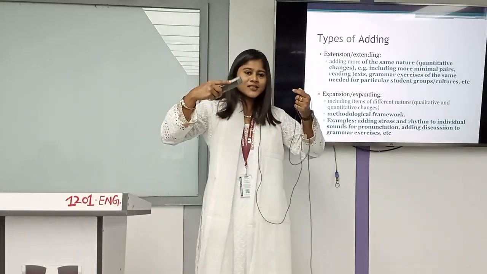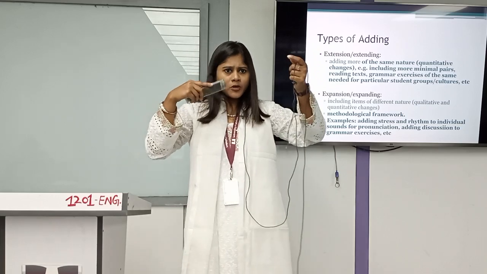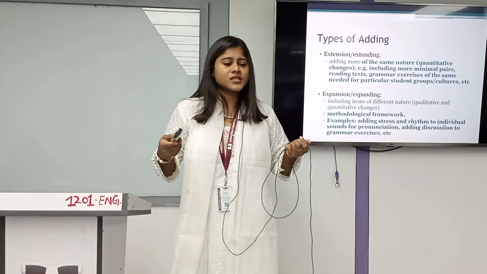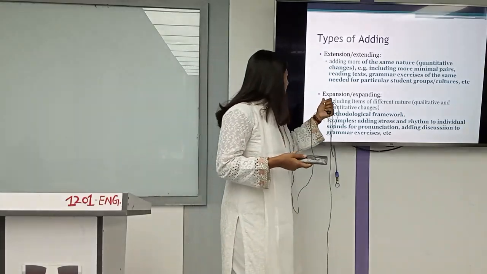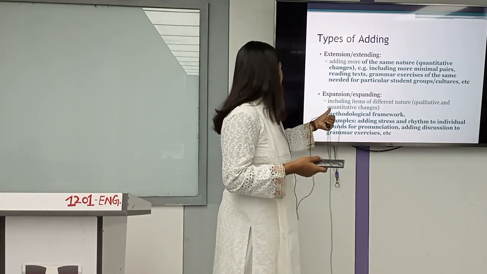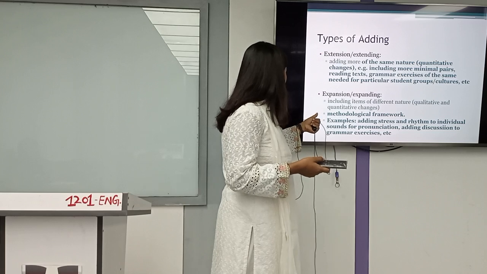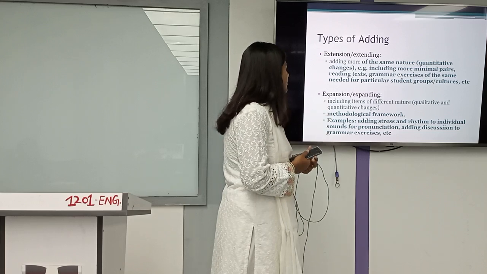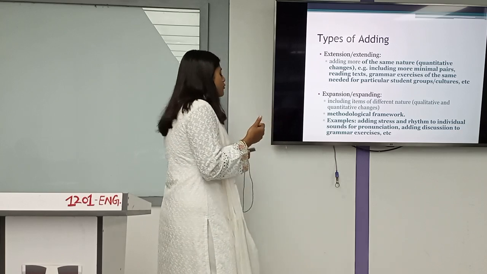But if you change the quantity and the quality changes as well, then it is called expansion. See, including items of different nature: methodologies, framework. For example, adding stress and rhythm to individual sounds for